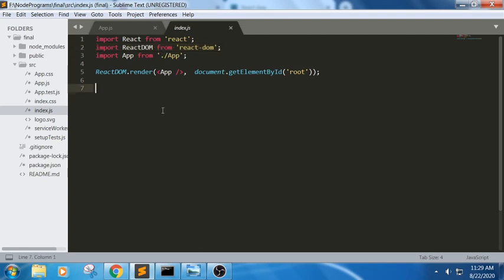First let me create a new file. So in order to create this app we need to have a basic idea of what a component is, what props are, what an event is, and how to use CSS, then we can build that application. First we will create a new file.